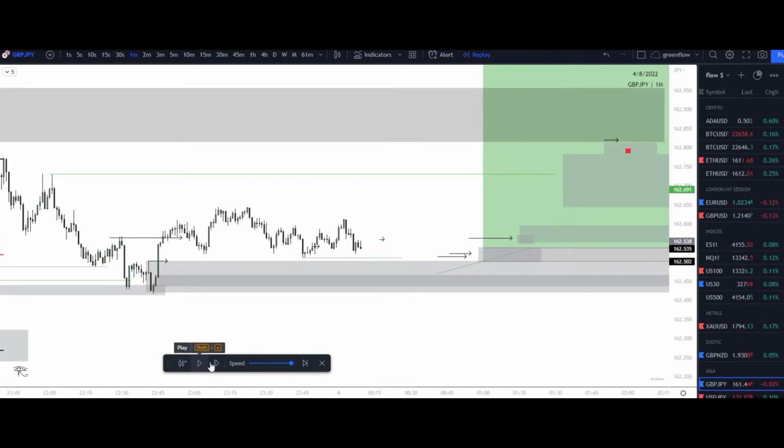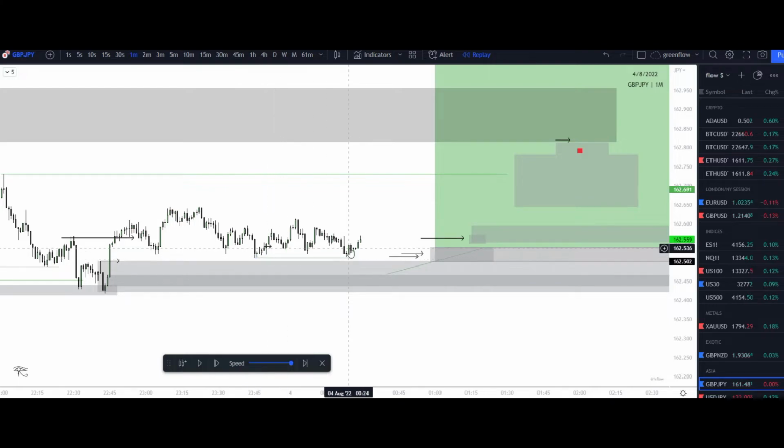Price starts to create some liquidity, it starts to create some highs. And this is where I originally was starting to get very interested in the trade because I started to see an impulsive candle, possible liquidity raid to the downside, and price could have just respected this fair value gap right here, reaccumulate, and continue to the upside. So if it didn't raid this liquidity, and instead raided just this 1 minute liquidity and continued to break, then I was still looking for those higher prices.